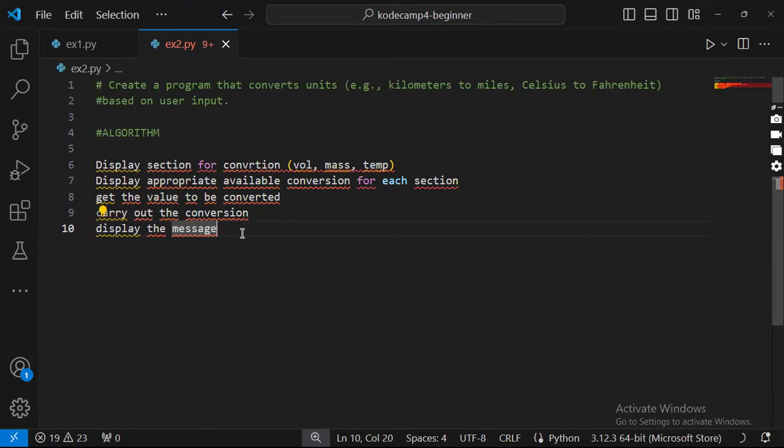So algorithm is actually written in plain English, not like it's code. It's plain English. So you simply just write in plain English and